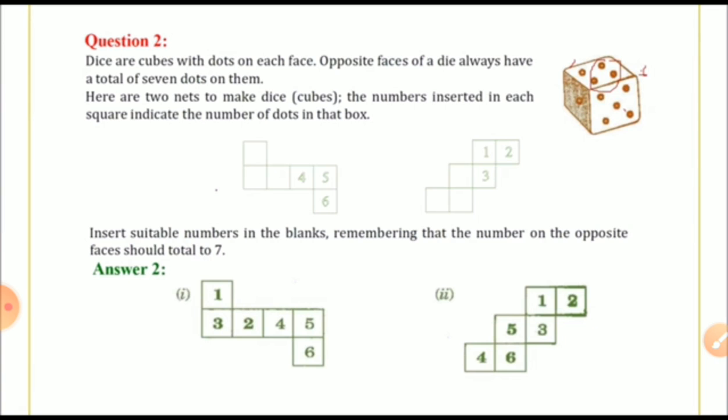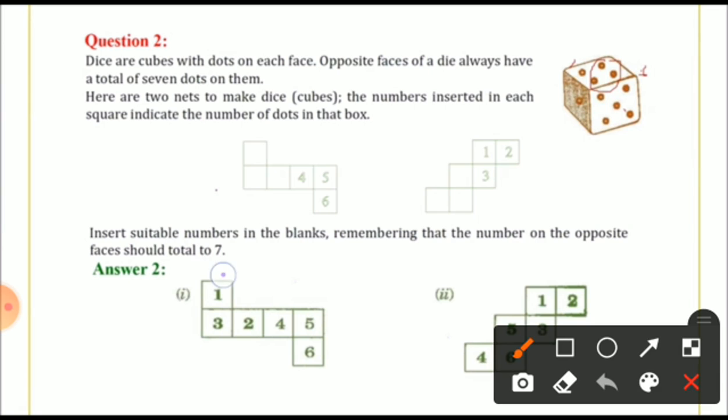Second way also you can find out opposites are always 7. See, first 1 and then 6 is downside, 5 and then middle part is a 7, and 3 plus 4 will give you a 7. See, 1 and 6. When you fold it this way, it will come exactly opposite. Same way, when you fold it from here, 5 and 2 will come together, and 4 and 3 will come. 4 will come on top and 3 will remain the downside.